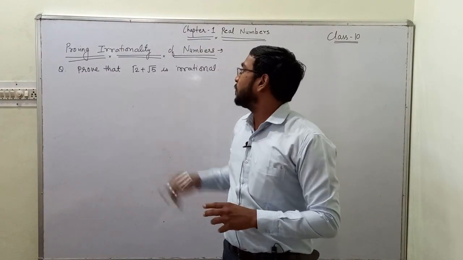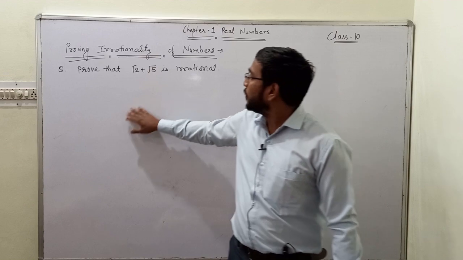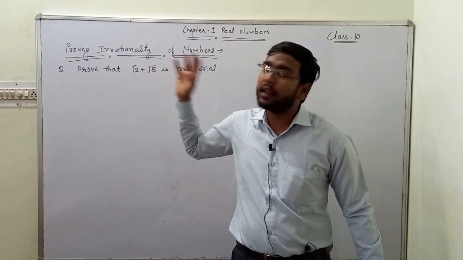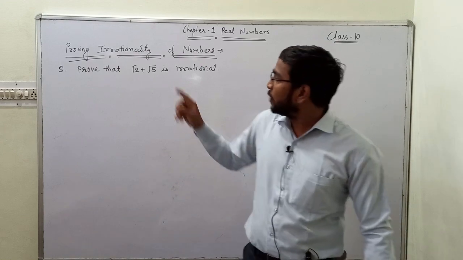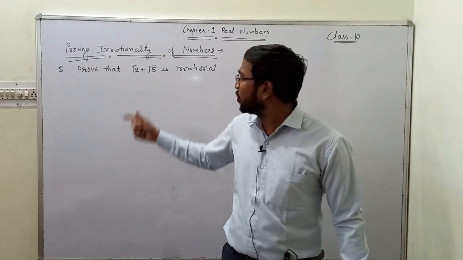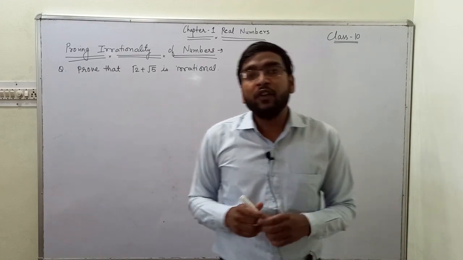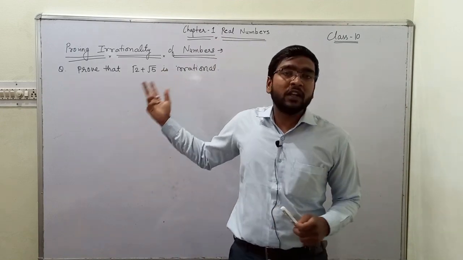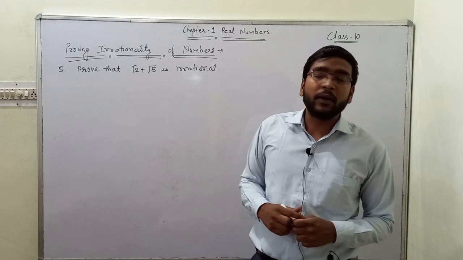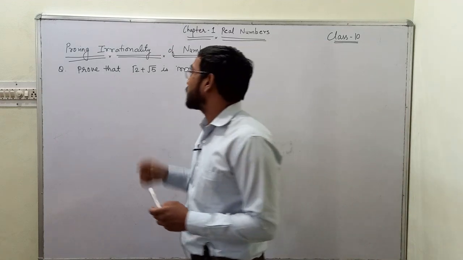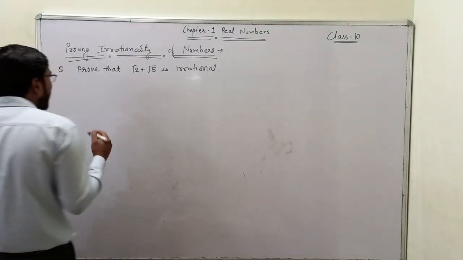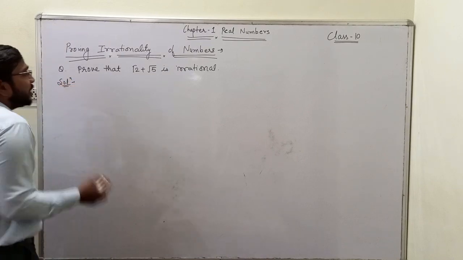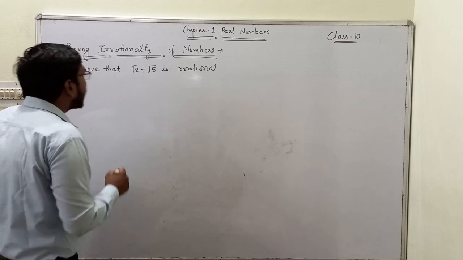Now look at this problem. Here we have two terms. Both these terms are individually irrational. We know that root 2 is irrational, and we also know that root 5 is irrational. If you have watched the video, I have told there that the sum of two irrational numbers is always irrational. But we need to prove this. How will we do that? First of all, just like the previous question, follow the method of contradiction.